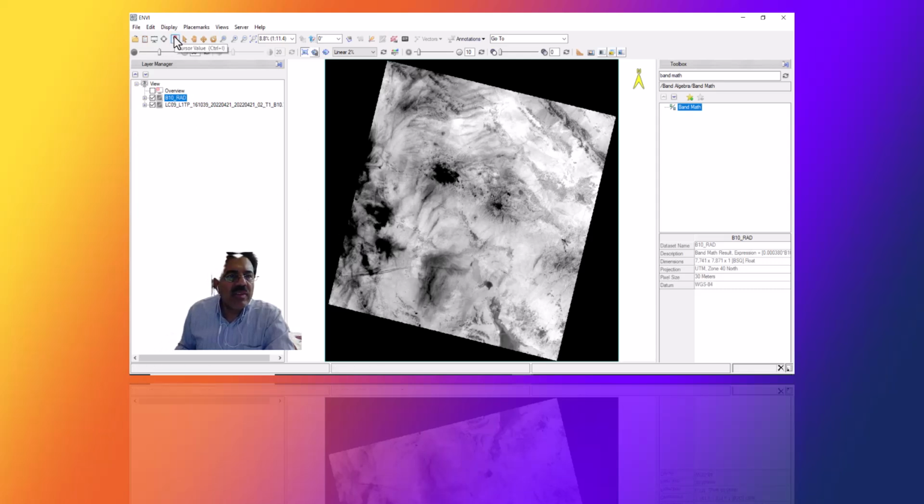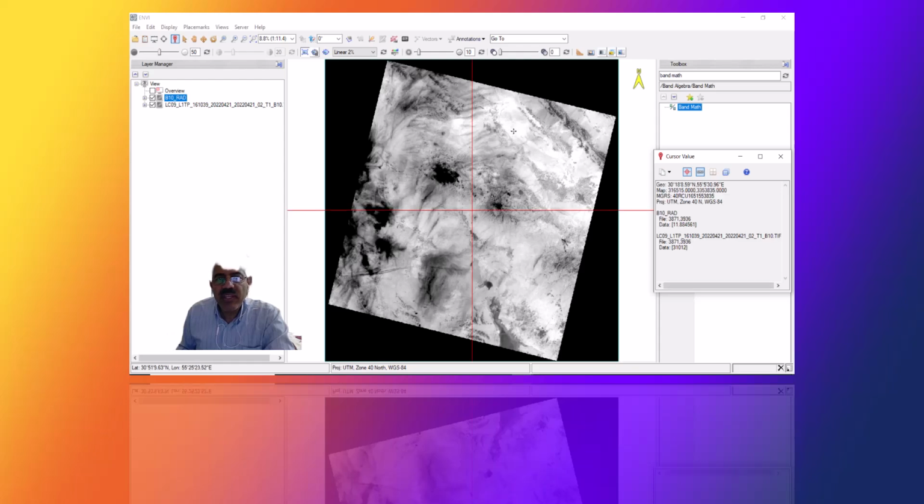Click on cursor value and this data is DN, digital number, and this data that we create, this file, is radians of band number 10 or thermal band. Okay,